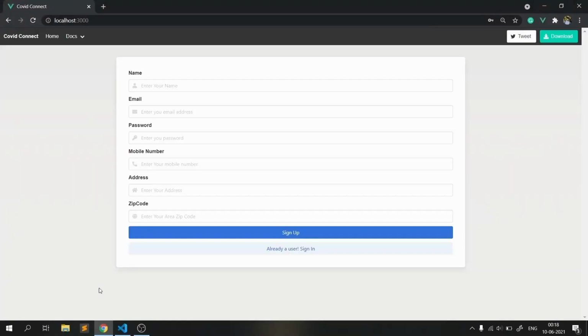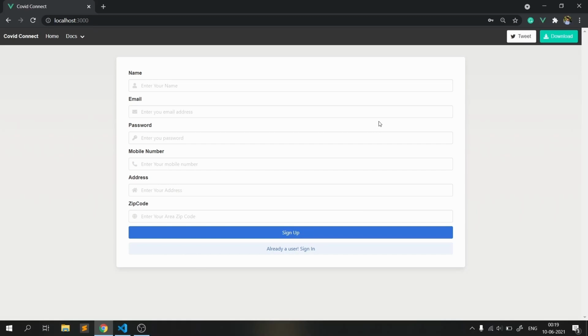So let's start off with the video and see how we can make use of cookies for our auto login system and how we can safeguard our complete cookie system. Let's dive into it. So here I have set up a basic application for the demonstration of how an auto login system works and how you can implement it.